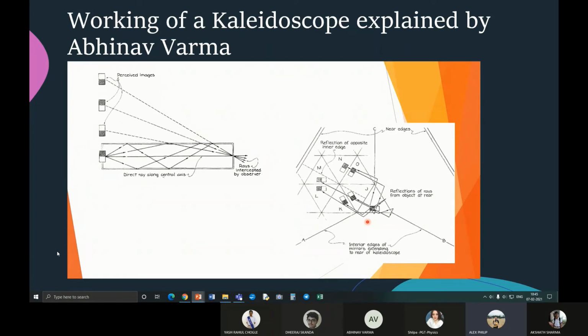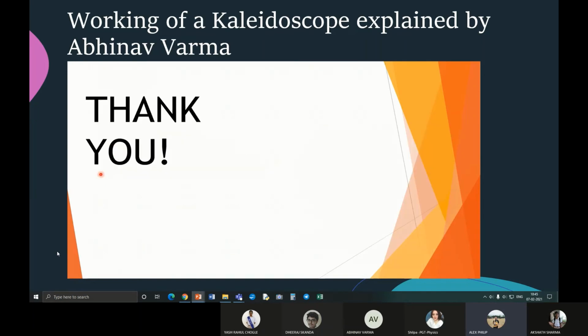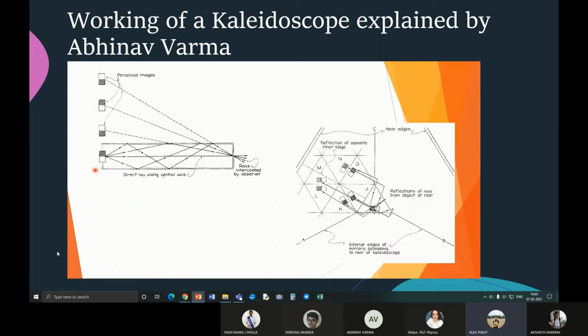So when looking through the hole, light filters through the glass on the end of the object chamber. This is the object chamber where you keep your shiny objects, and it illuminates the objects, which then reflect off all of the mirrors. These reflections bounce off one another as the light passes through the tube. Right? So the light is reflected off of the object chamber, which then undergoes multiple reflections before it ends up at the eye hole, and the observer sees the image at a certain location.